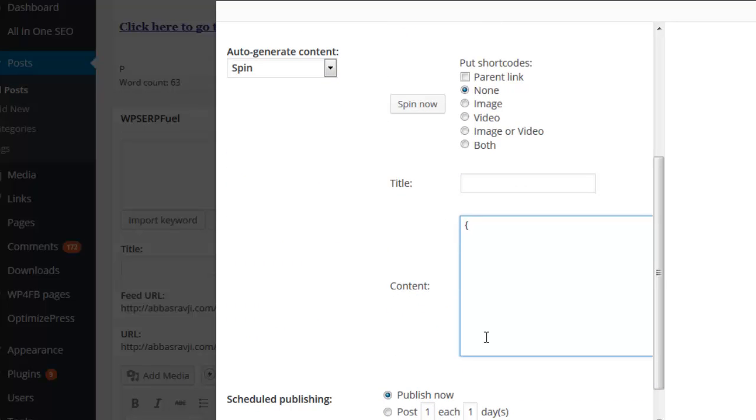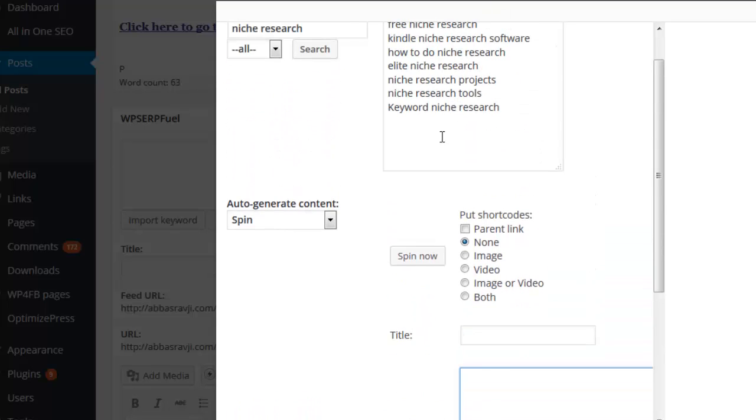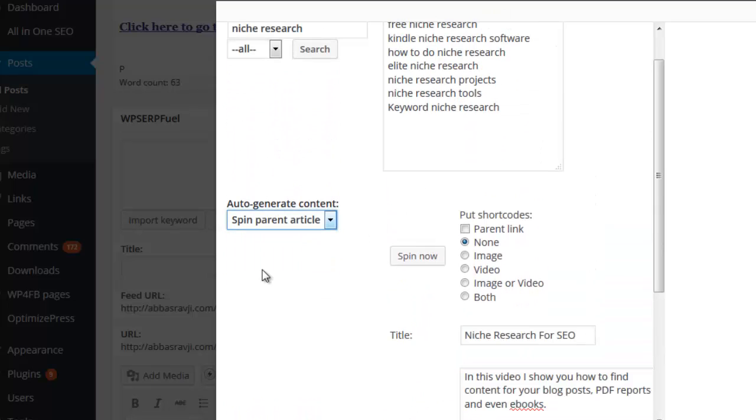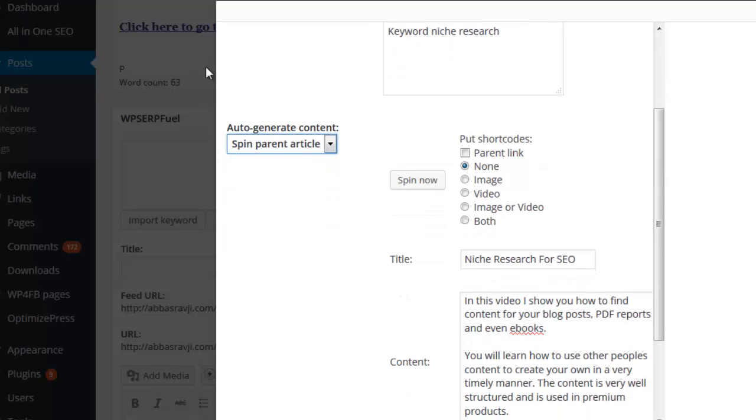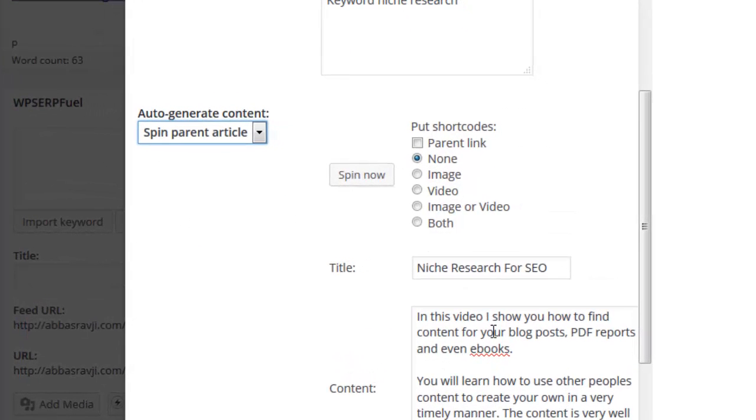So spin syntax is supported. For example, hi, hello, howdy. Okay, so spin syntax is supported, and then that will spin the article for every one of these posts. Alternatively, you can spin the parent article, which will take the actual post article from here that you're on, and then it allows you to spin it,